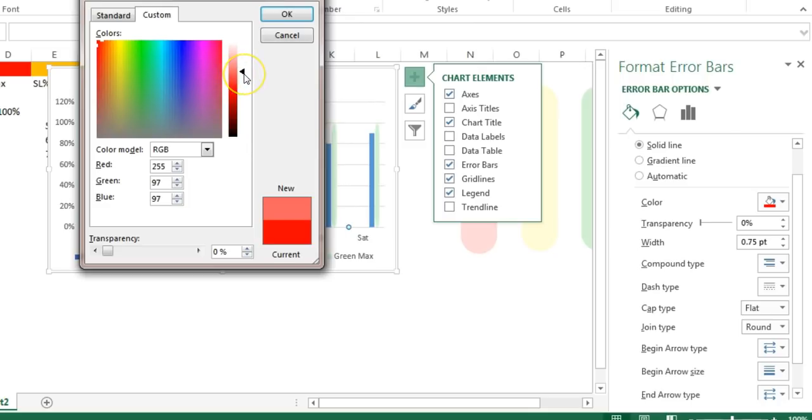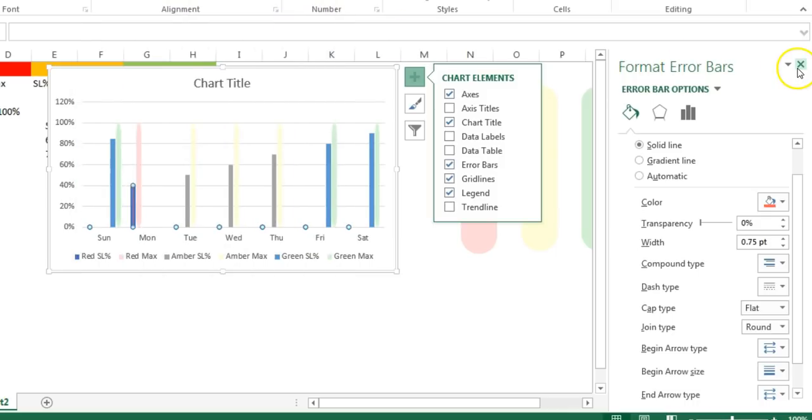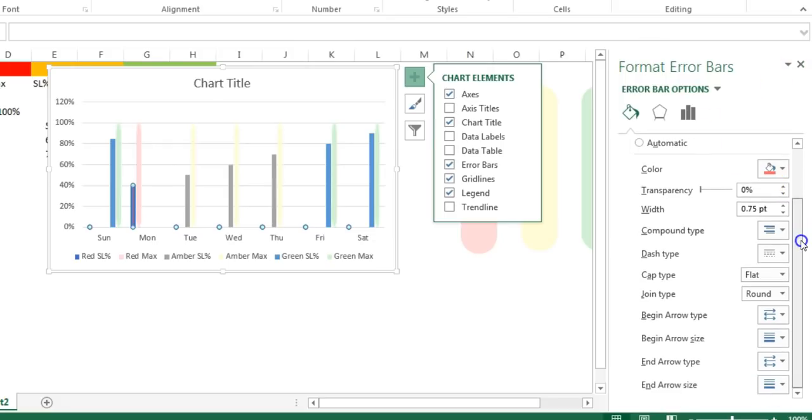Make sure it is darker than the red shape which we have taken. So just take, let's say this color, click on OK. Now here the width we will take around 1.5, and then we'll go to the begin arrow type and we will choose this one, oval arrow. Then we will go to the begin arrow size and we will choose this one, the bigger one.